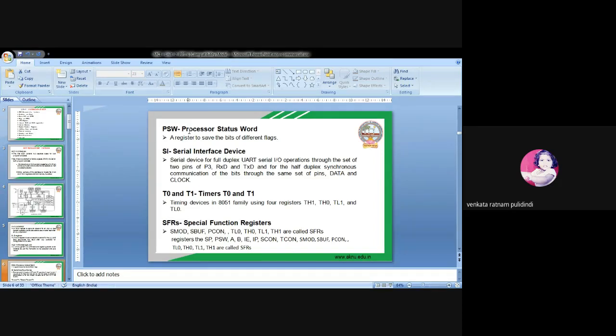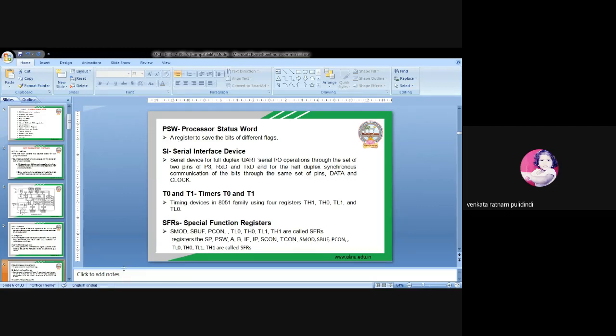Already I told you it has a carry flag and auxiliary carry flag. What is the bit position of the auxiliary carry flag? Of the carry flag? Of the overflow flag? And there are two separate status bits, RS0 and RS1. What is the position of RS0 and RS1? The combination of RS0 and RS1 depends upon the various status of the result. I can explain everything later. Here I just give a brief about the program status word.